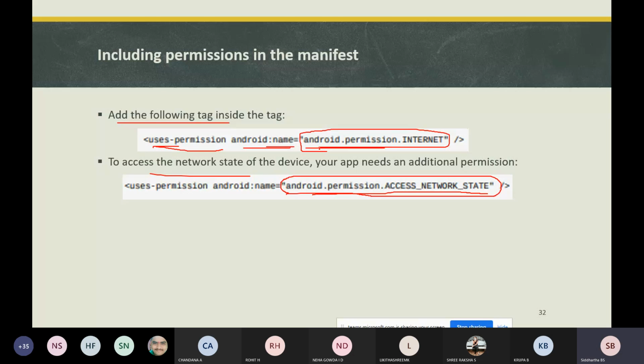See what the query parameters are. These are the strings you have used: q, maxResults, printType. A parameter for searching the string, a parameter to limit the search results, the maximum results you want, and a parameter to filter by print type. You need to append all these parameters and in the end call the build method. For every query parameter you need to append it: dot appendQueryParameter, dot appendQueryParameter.